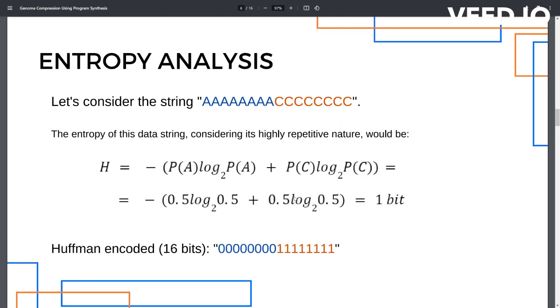To better illustrate this, let's consider this simple string, or you may call it a genome, because it consists of 2 nucleotides A and C and has a length of 16. When we calculate the entropy of this data, we get 1, which means that we need at least 1 bit to encode each character individually. And that's exactly what an algorithm like Huffman would produce in this case: 16 bits with a one-to-one mapping to the